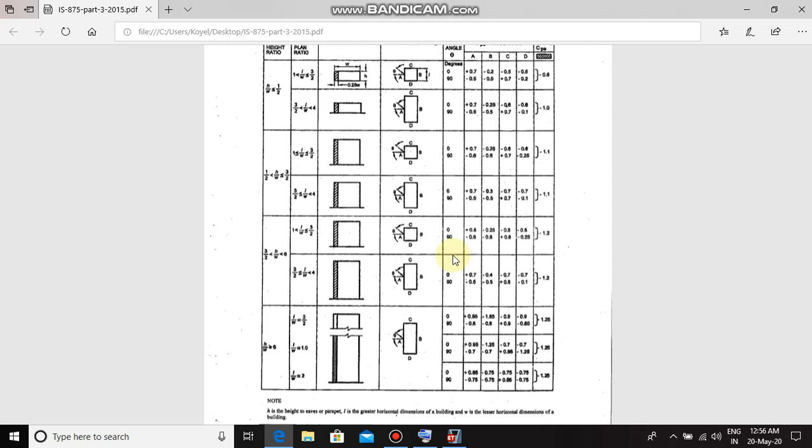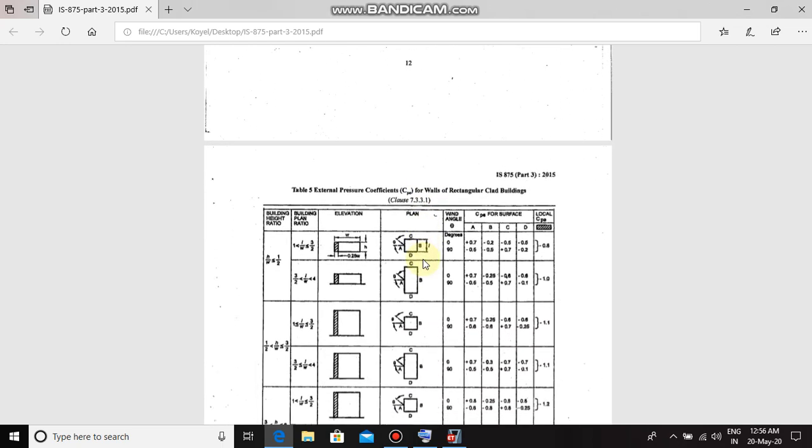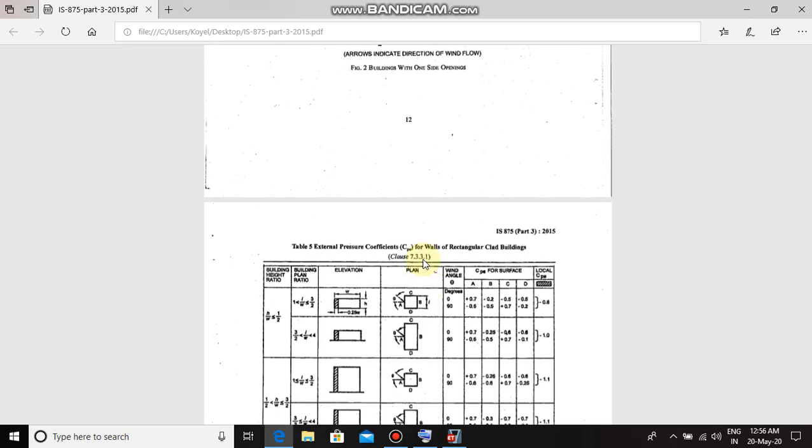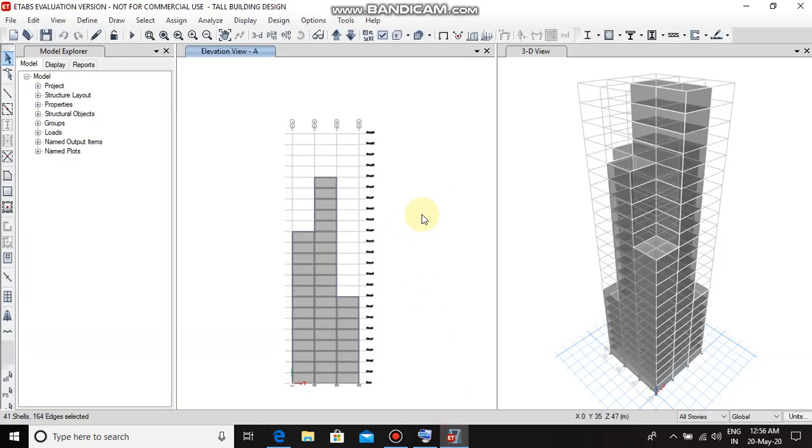As the value is between 1.5 and 6, we can see from here the coefficients are plus 0.8, minus 0.25, minus 0.8 and minus 0.8 for sides A, B, C, D respectively. Now move to the ETABS software.